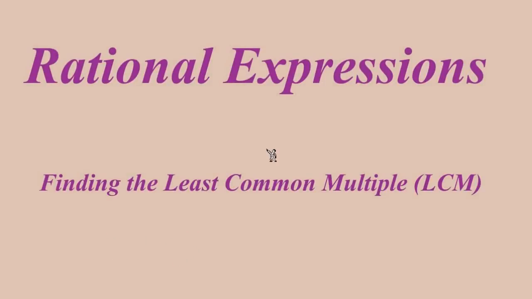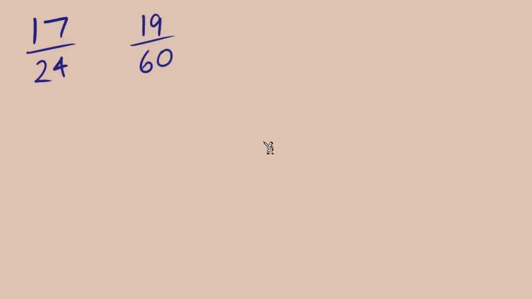In this video, we will go through the main ideas for finding the least common multiple for a set of rational expressions. We'll start with a numerical example, 17/24ths and 19/60ths. Now, when we find LCM, it's the same as finding the common denominator. You might have done it in certain ways when working with numerical fractions, but we will focus on a very specific way of doing it that we will use when we start to look at rational expressions where the denominator